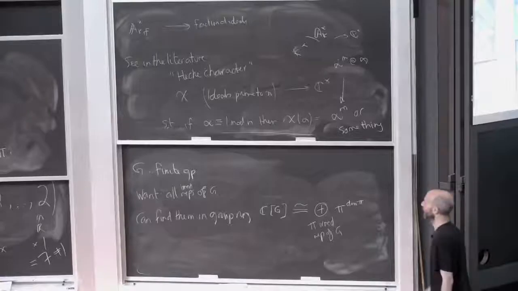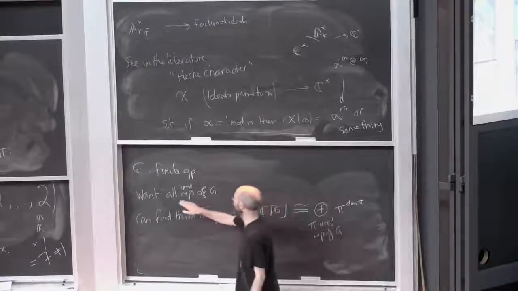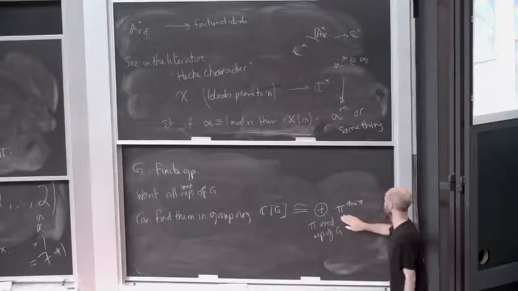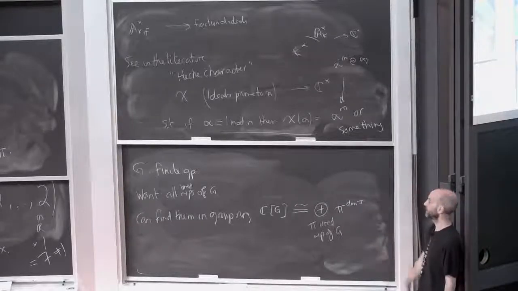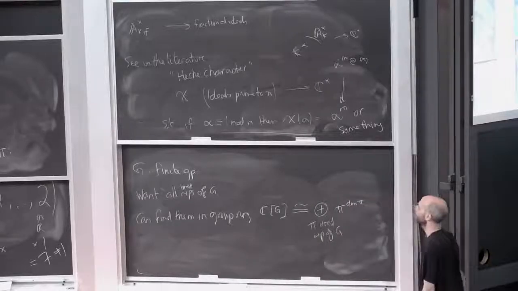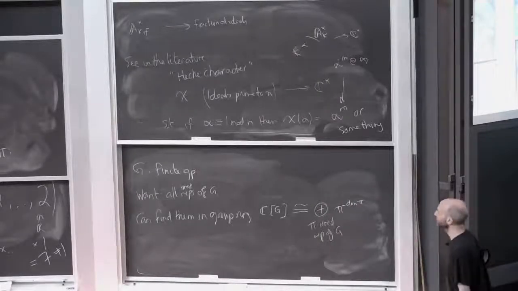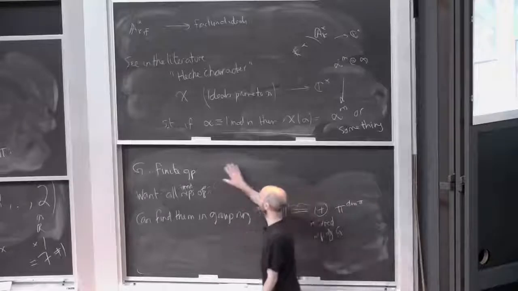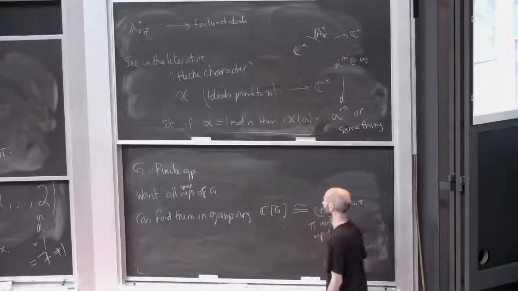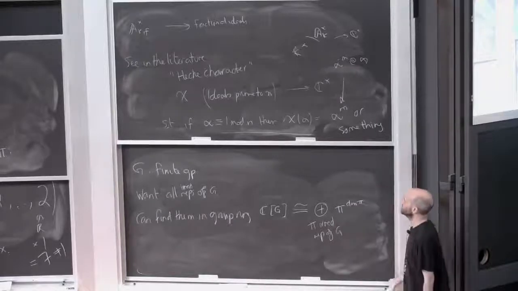Okay? And in particular, if I'm interested in an irreducible representation, it's got dimension at least 1. And so it shows up on the right-hand side with multiplicity at least 1. So it shows up on the left-hand side as well. Okay? So if I've got a random finite group, and I wanted to look at all the representations of that group, then I could look at the group ring. Okay? Now what about...